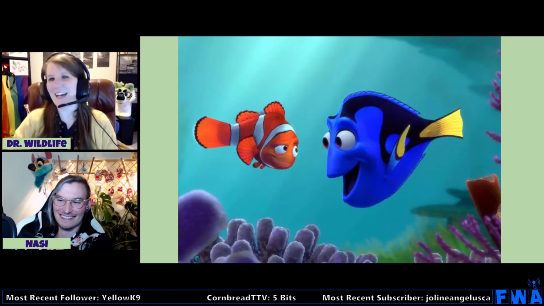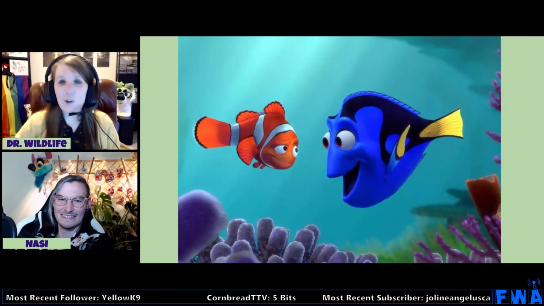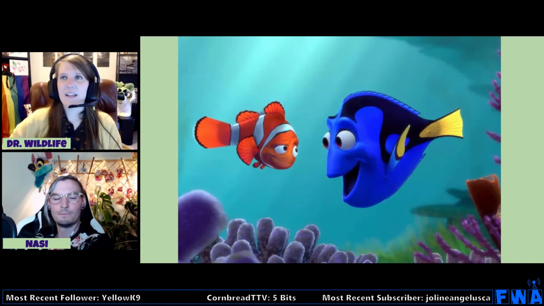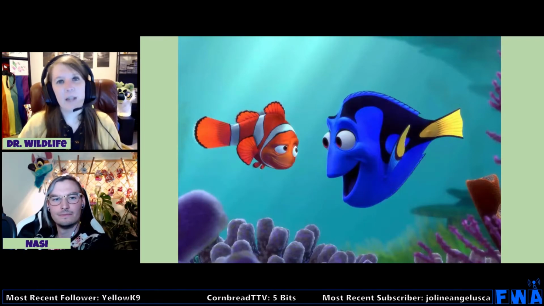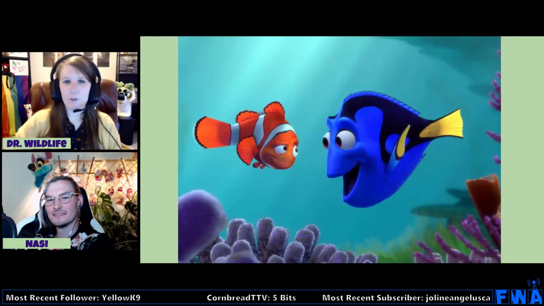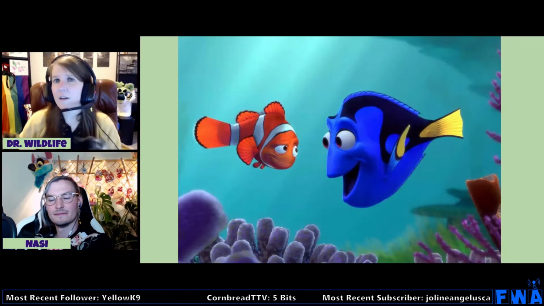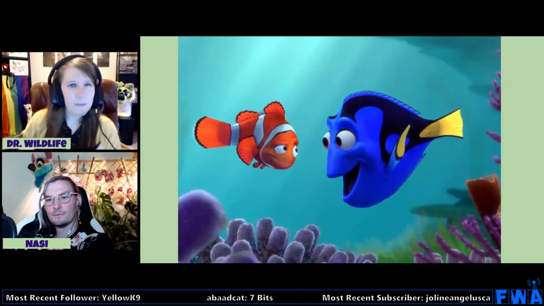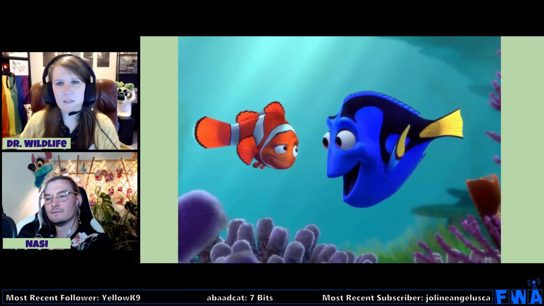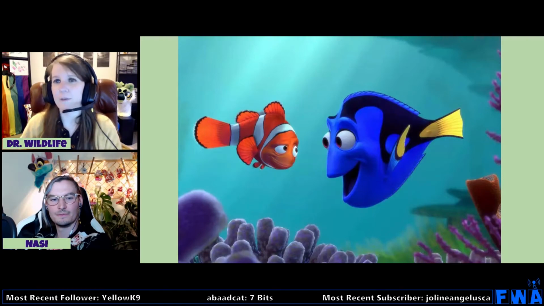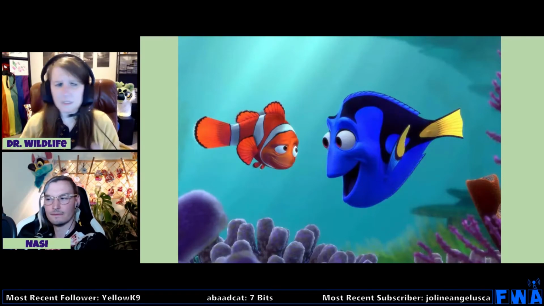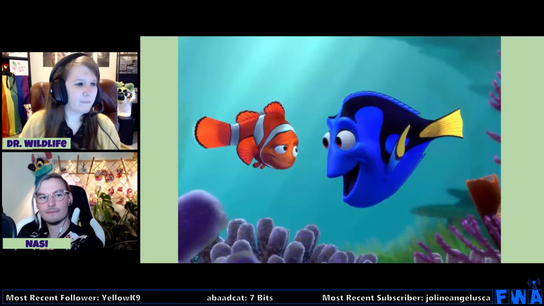So Nemo's dad and Dory don't get along at all. And you would think that's just character development. But actually, in the aquarium world or out in the ocean, blue tangs and clownfish don't really get along at all. Sometimes you can have them in the same habitat, but it has to be a decently big one. Their personalities just clash. And that show did a really great job of detailing that relationship between them.